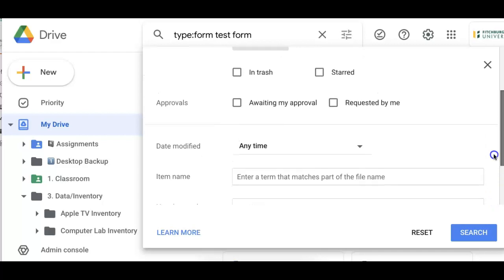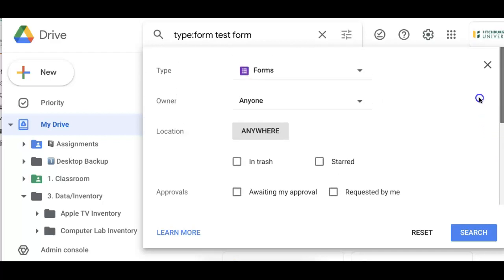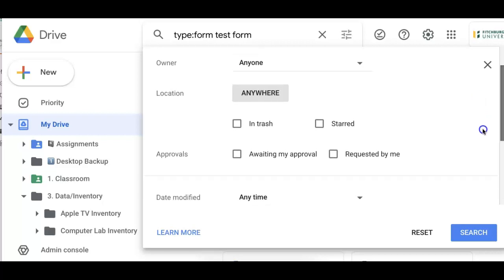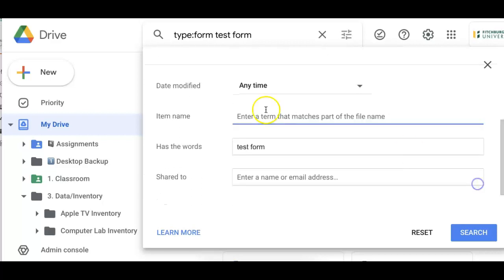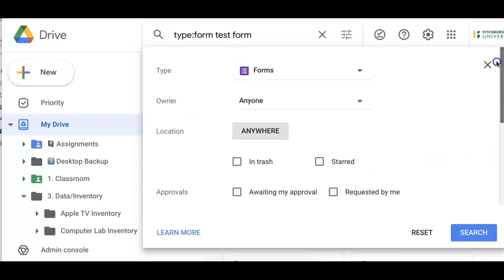I would caution you to only use them when you're certain or you really want to dig down deep, because what will happen is if you put in a specific word or item name and so forth, it's going to generate things only specific to that. So if it's a little more general because you're not sure, then I would leave it that way. But use these features. Find what you're looking for. You would be surprised at how much you can find pretty quickly.